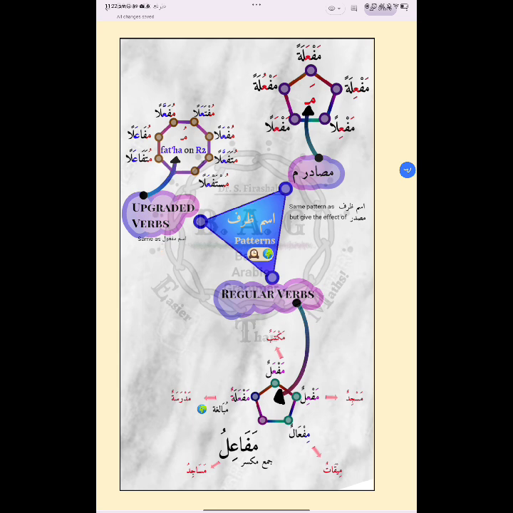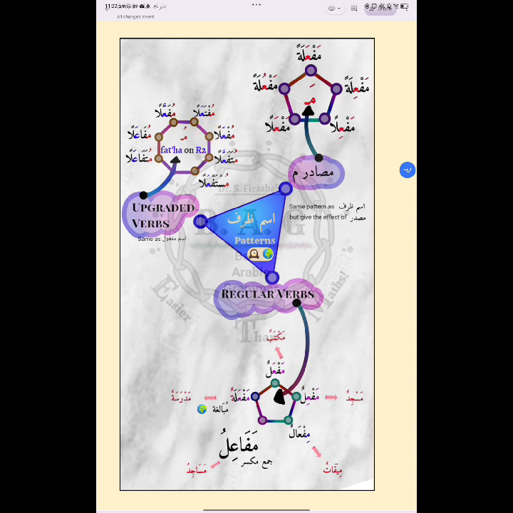Okay. The ism zarf that is formed on the pattern from the family of upgraded verbs is actually the same as ism maf'ul. So the patterns are going to be the same. They are going to start with a meem with a dhamma on it, and fatha on R2, the second root letter. Okay, so muf